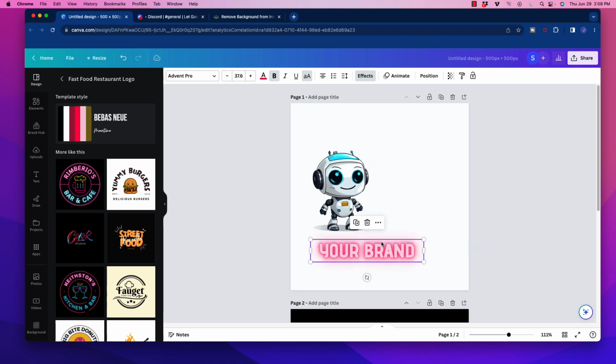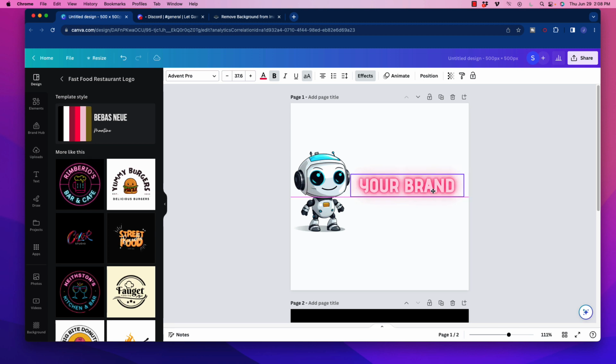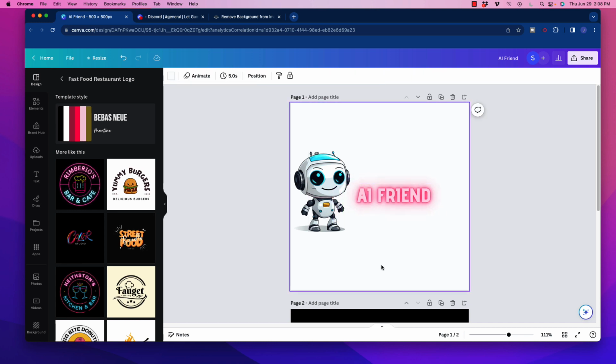Okay. So just determine where you want it. Let's say I'm going to put this off to the side. Okay. And that way I can just type in my text for my logo. All right. So here we can reposition it however we like, how close we want. And of course, if this is the right